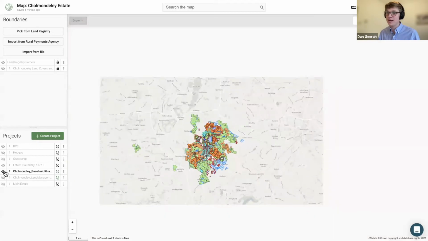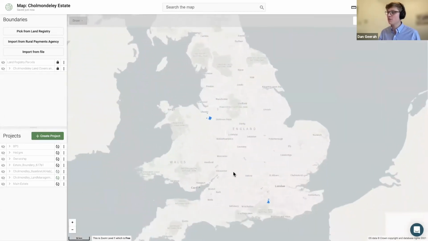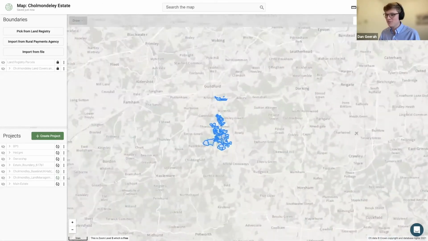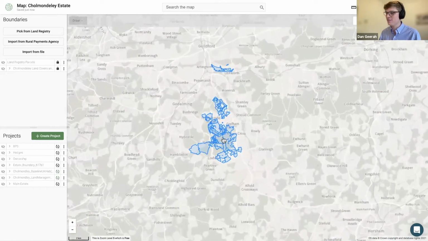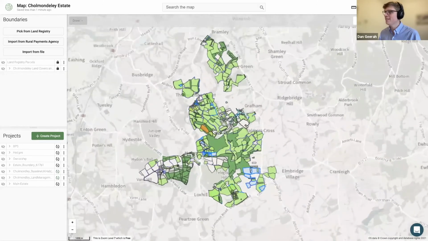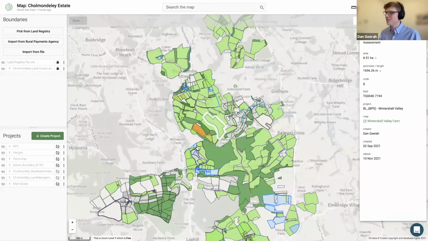So now when I zoom out, I'm working with one other group of farmers down in Surrey. I can get an overarching view of every different project that I'm working with, and just to show you, at zoom level 6 the colors start to show. The styling only kicks in when you get to a certain level, but once I get to that level, the colors start to show. And again, I can click on one of those features, and I can dive into that map if I needed to have a look at the one source of truth,